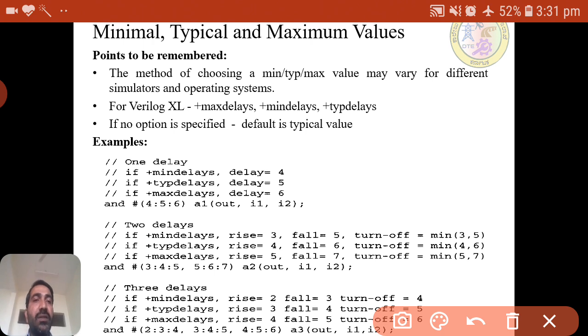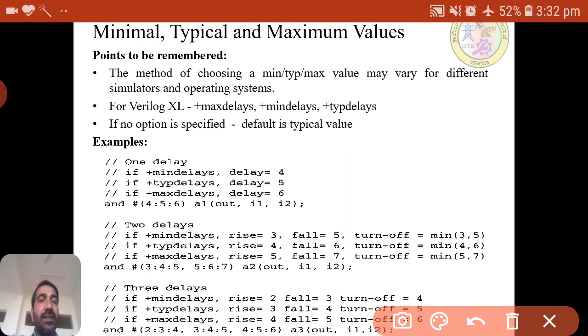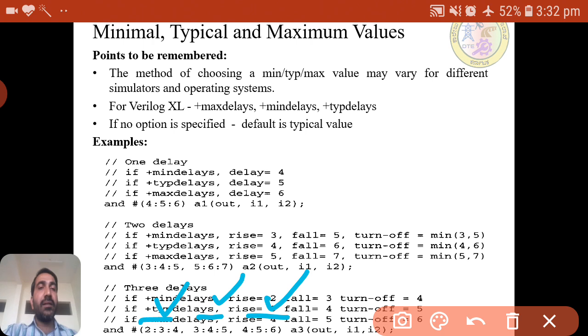These 2 delays will be used for specifying rise and fall, each individually with min, typical, max. Similarly the last one, for rise delay, fall delay and turn off delay, for each one we are describing min, typical, max, min, typical, max, min, typical, max value.